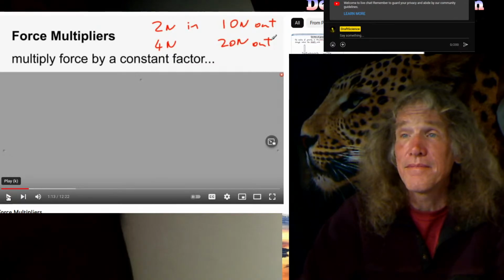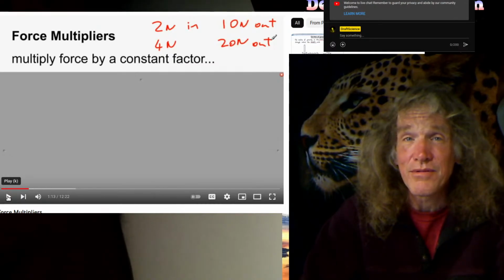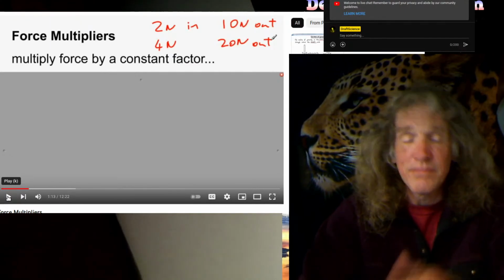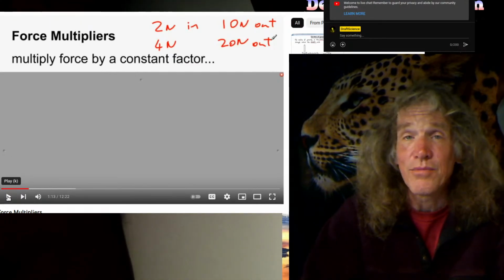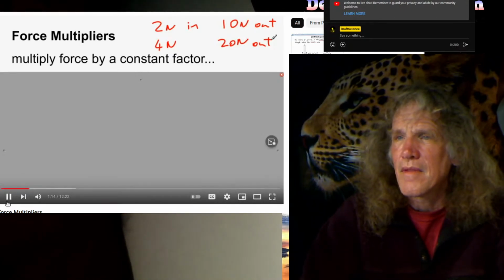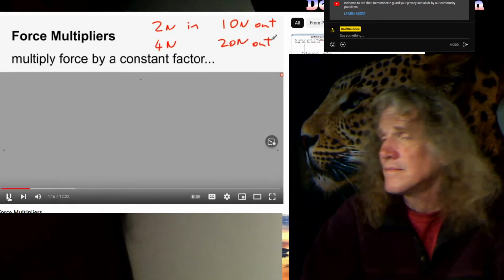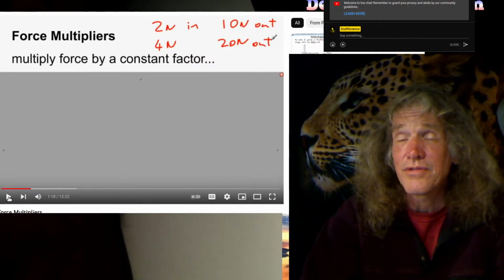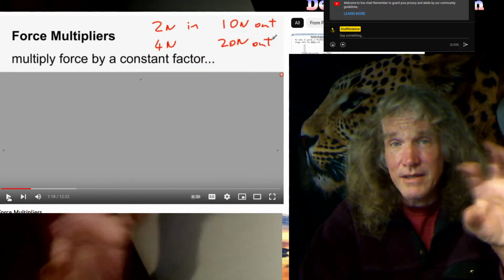And we're going to multiply one of those ingredients, but to multiply one of those ingredients, you're going to divide the other one by the same factor. So, what are some examples of force multipliers? There are tons. You need to know about 2 in our GC. Yeah, so there are tons, and so there's the gears, big gear, little gear,